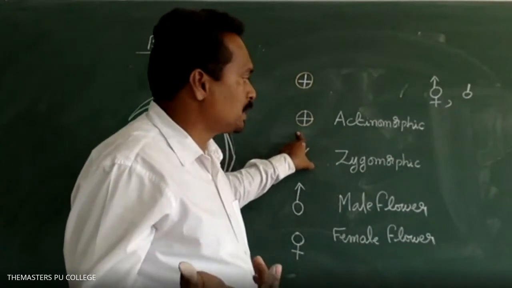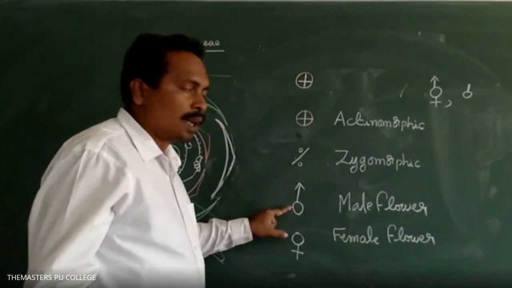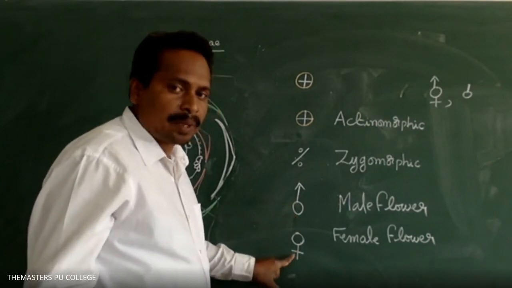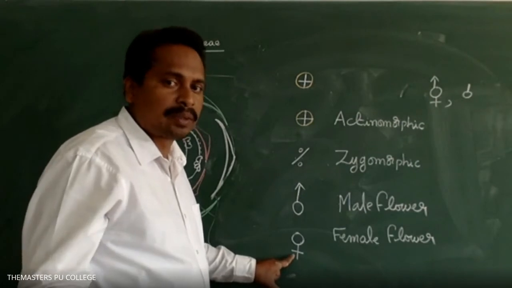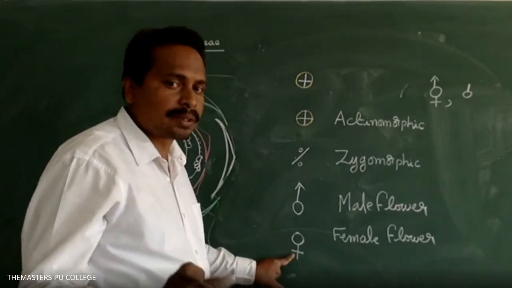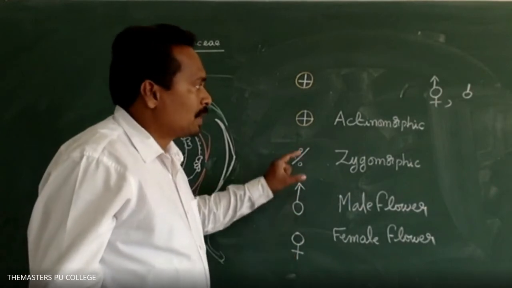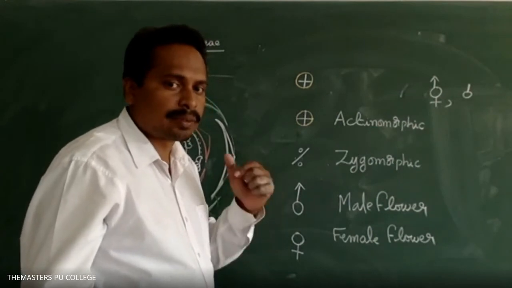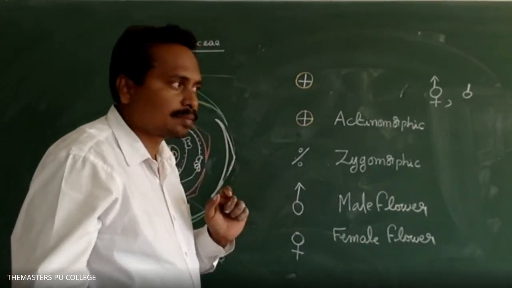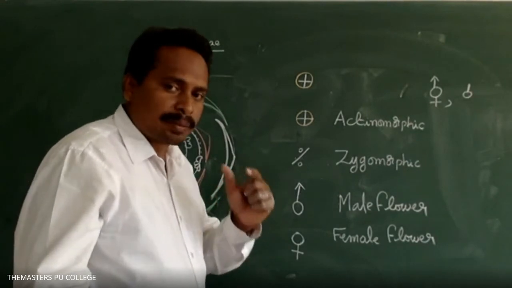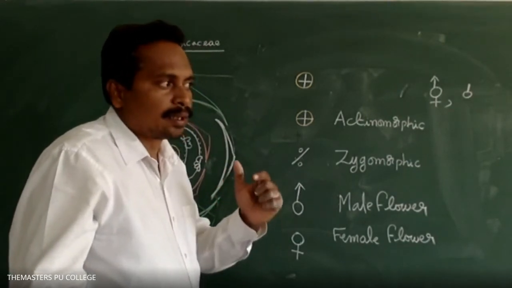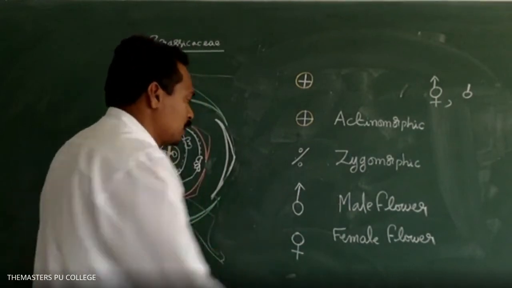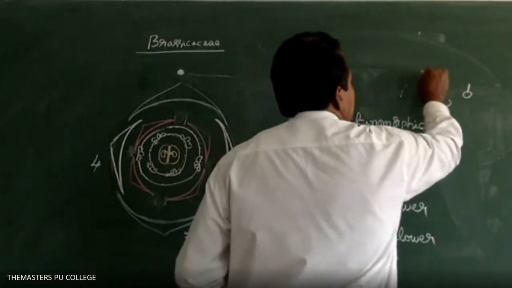In some plant species, like papaya, male plants consist of only male flowers. Some papaya plants consist of female reproductive organs, with female flowers present on female plants. Some plants, for example pea, consist of bisexual flowers, with androecium and gynoecium reproductive organs. Whereas in some plant species, like mango, bisexual and unisexual flowers are present. Bisexual is denoted as this symbol.